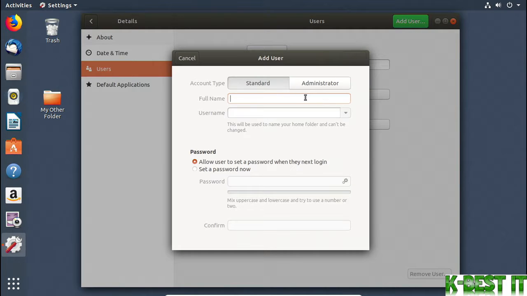I'll add an account for my friend John. His full name is John Q, and while I want to give him his own space, I don't want him to be able to make changes to my system. So I'll keep the current account type at Standard instead of Administrator. If he wants to install software or change system settings, I'll need to authorize it with my username and password